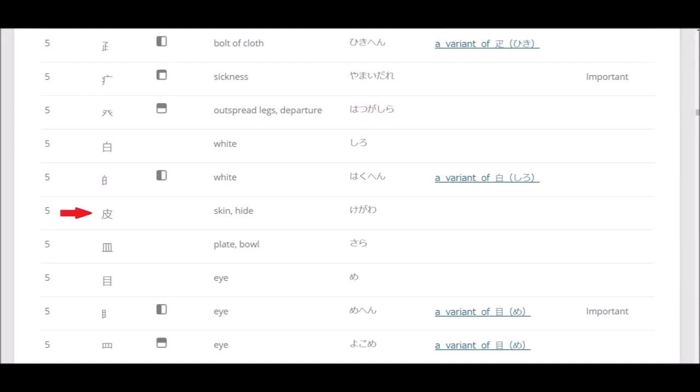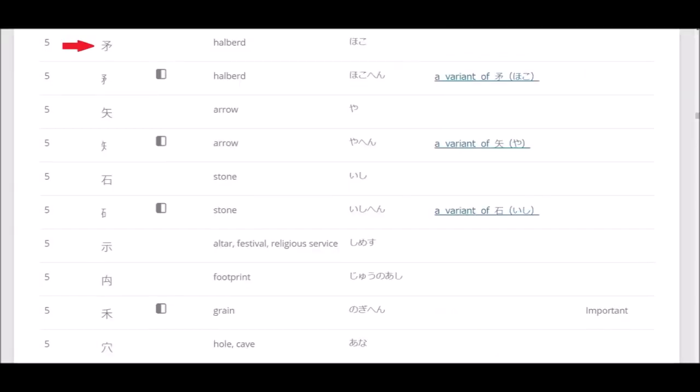Kengawa, skin or hide. Sara, plate, bowl. Me, eye. Mehen, which is eye to the left, and then yokome, which is eye if it's on the top of the kanji. Hoko, halberd. Hokohen, halberd squished to the left of the kanji. Ya, which is arrow, and then yahen, arrow squished to the left of the kanji. Ishi, stone. Ishihen, stone again, squished. Shimesu, which is an altar, festival, or religious